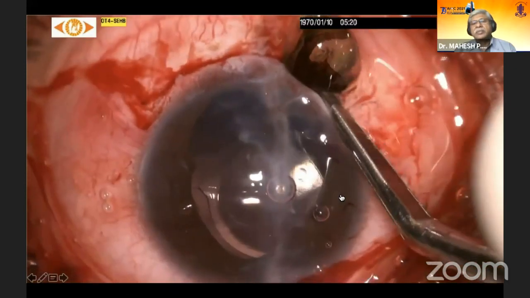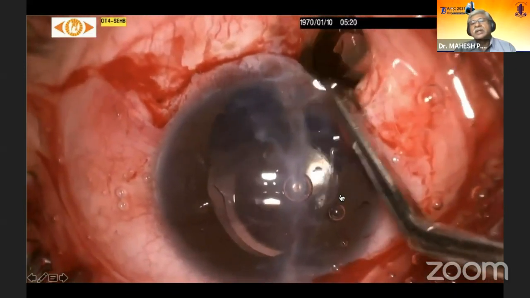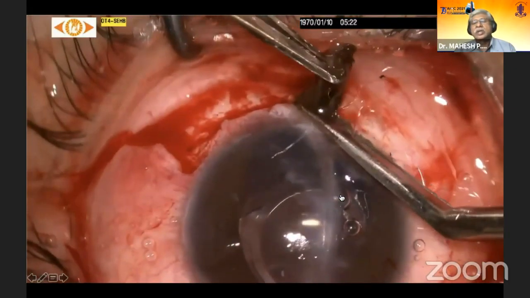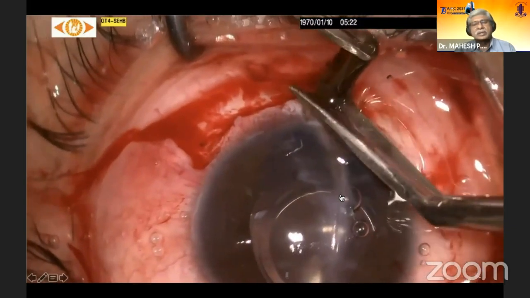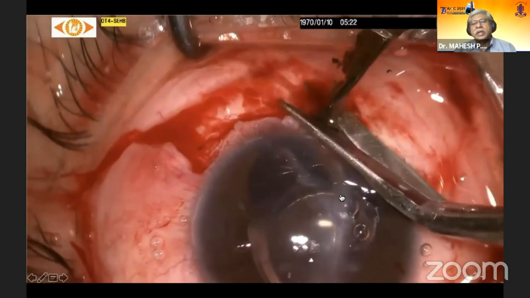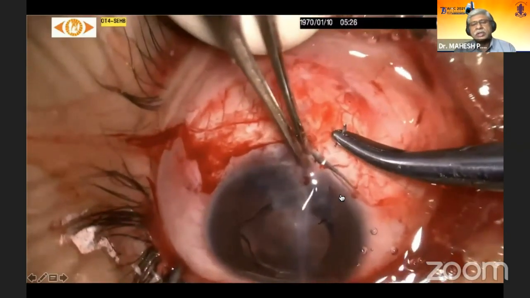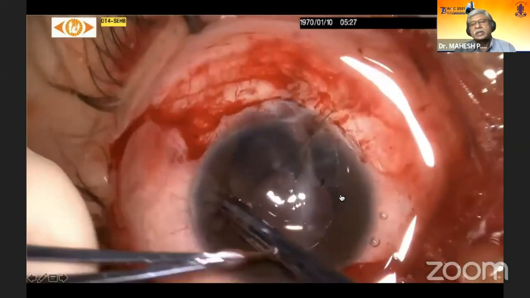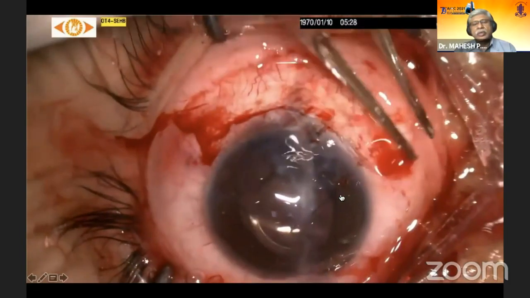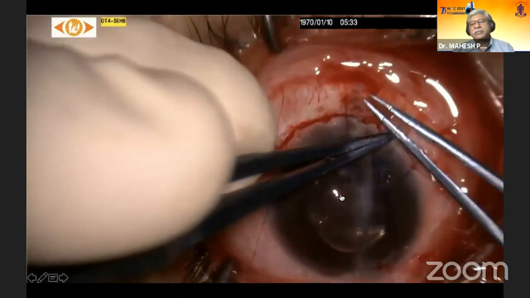The plan was to resect that iris and the cyst. So now the cyst is collapsed outside the eye. The contents of the cyst did not go into the eye. And then close it up. As I mentioned, the patient was pseudophakic. And now we have a sector iridectomy inferiorly,